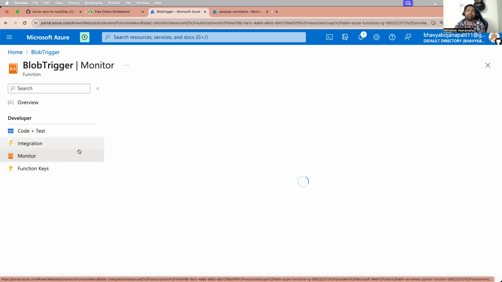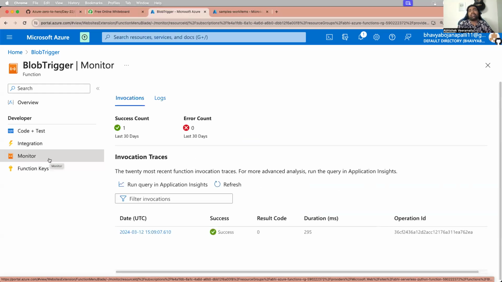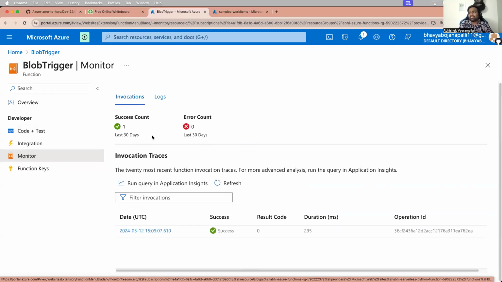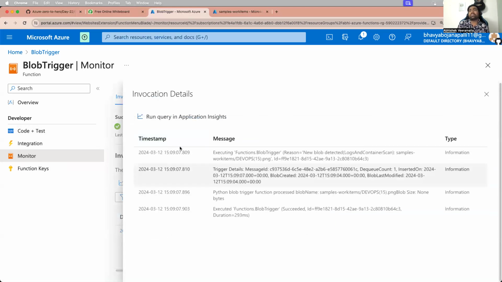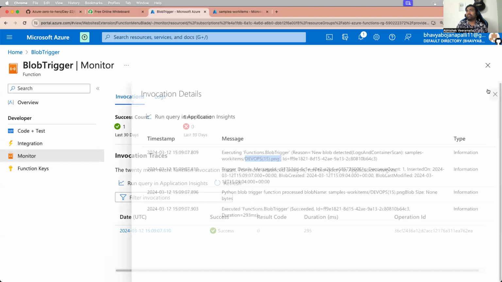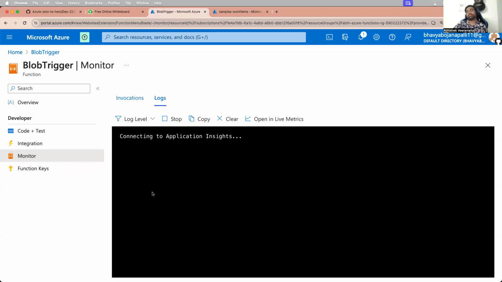I think it got triggered, right? When I was explaining the integration, in the monitor, I saw one success. Let's wait for a minute. Yeah. So success count is one. We just uploaded one file and that got triggered. If you go to the details of it, you can see the complete details and you can see the name of the file, DevOps 15.png, which is the same file that I have. And if you go to the logs,